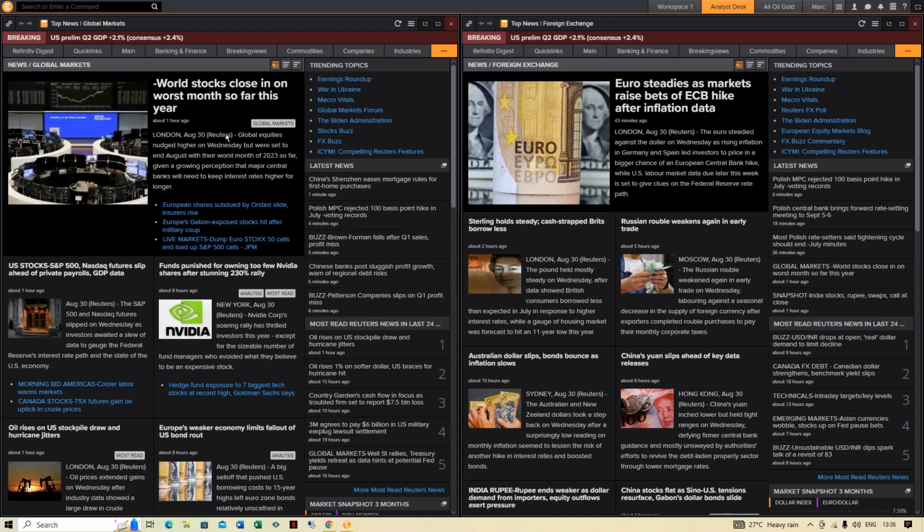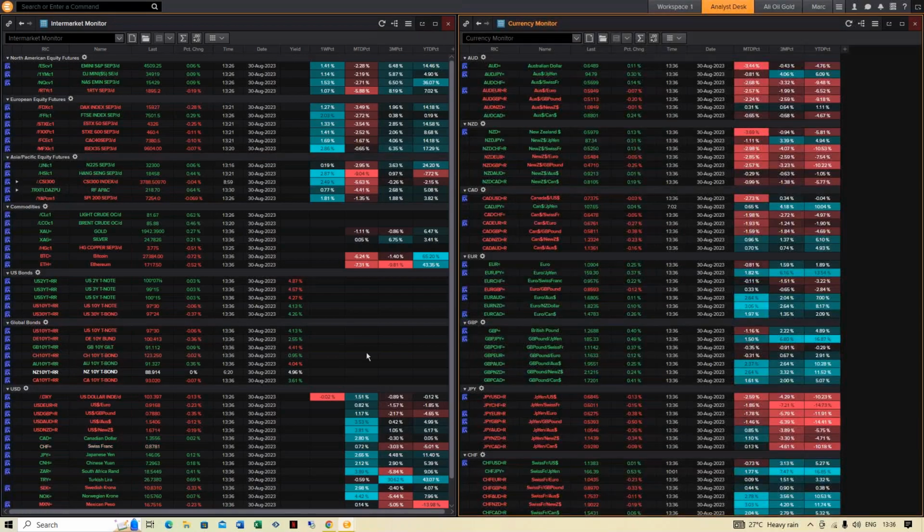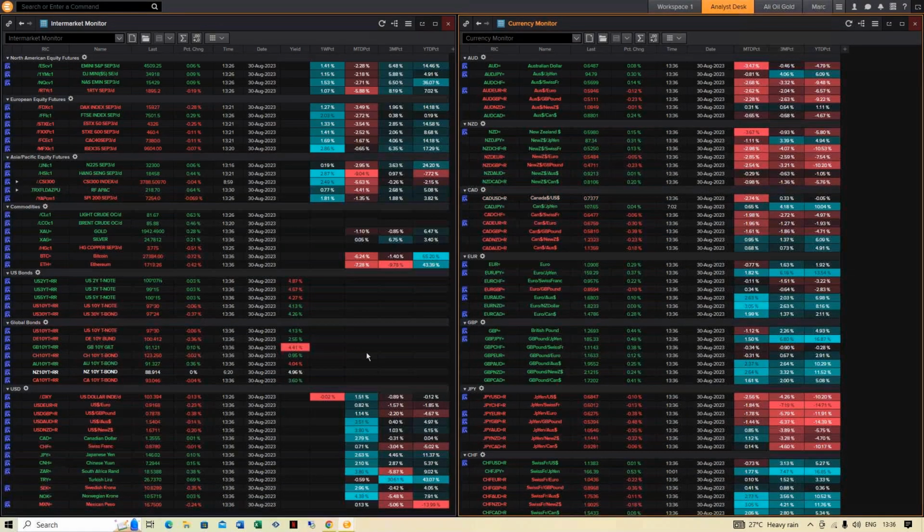Start with the headlines, but the headlines haven't really had time to catch up with this top one. You can see here US preliminary Q2 GDP plus 2.1% versus a consensus of 2.4%. Now, that's really what's moving markets at the moment. We did have some German inflation, but in terms of the currency grid and the news, there are some substantial moves off the back of that that haven't really had enough time to fully digest into